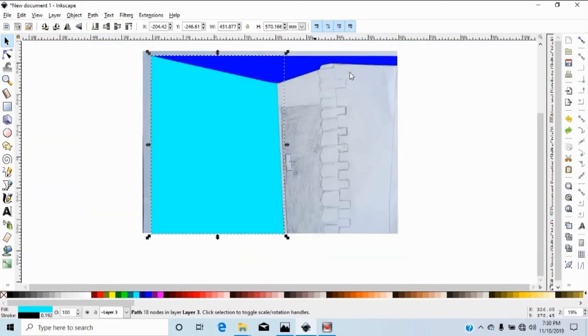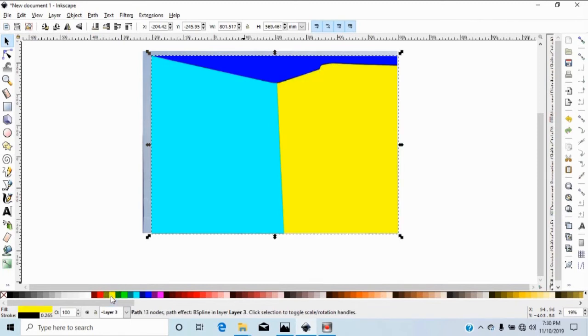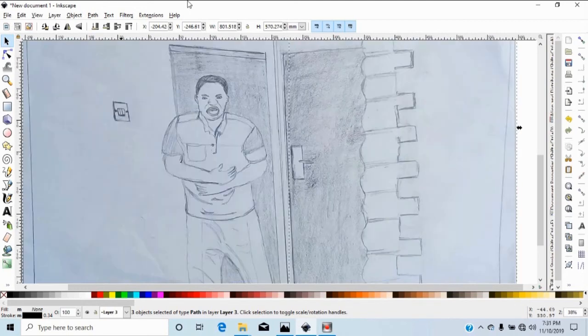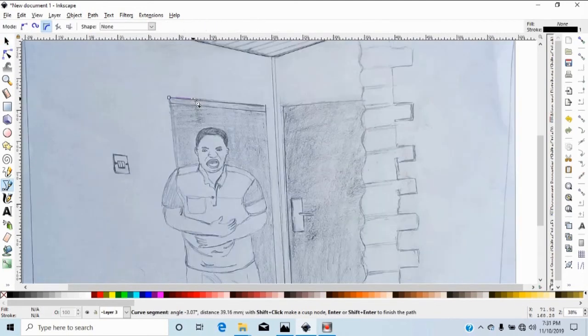So if I zoom out now for you to have a view of the entire object, let me fill in this other object with the color yellow. You can see we now have an object that looks like this. So I'm going to leave all at no fill by using Ctrl A to select all, then no fill. Now we are working on the drawing of the doors behind the man on the image. So if we zoom in with our plus key,